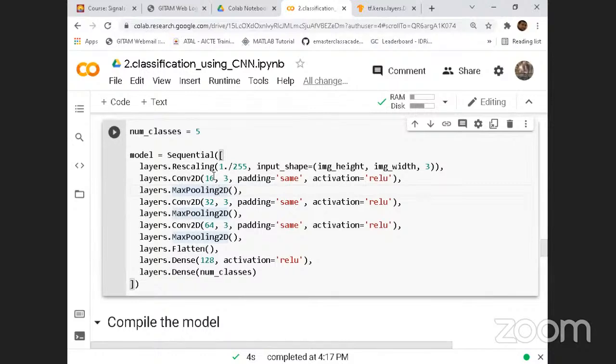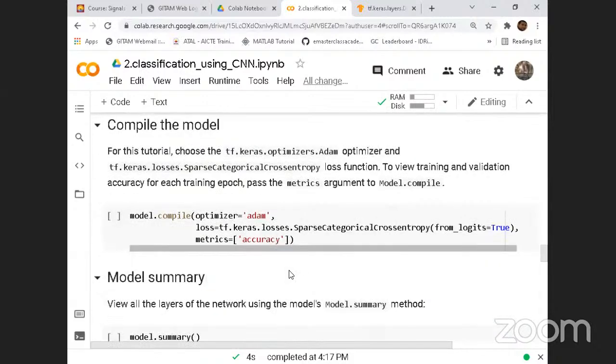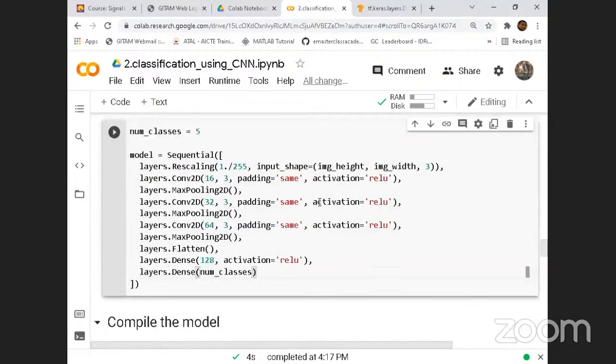If it is a binary classification like cats versus dogs, you are going to give sigmoid in the last layer. If you are doing one hot encoding defining the number of classes, you are going to use softmax. Softmax will provide you probabilities of all the 10 classes. Whichever is greater, that is going to be the predicted class. So that is the use of the last layer. Here we are providing only the number of classes directly. That means an integer value will come as the output. That is why we are not doing one hot encoding anywhere in this. So if I run this,